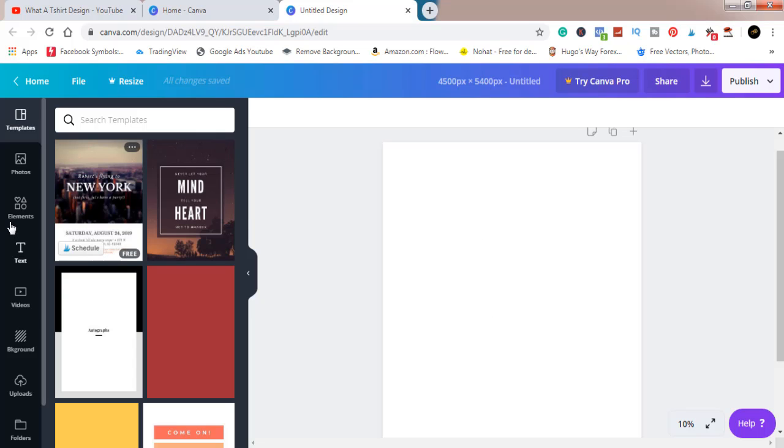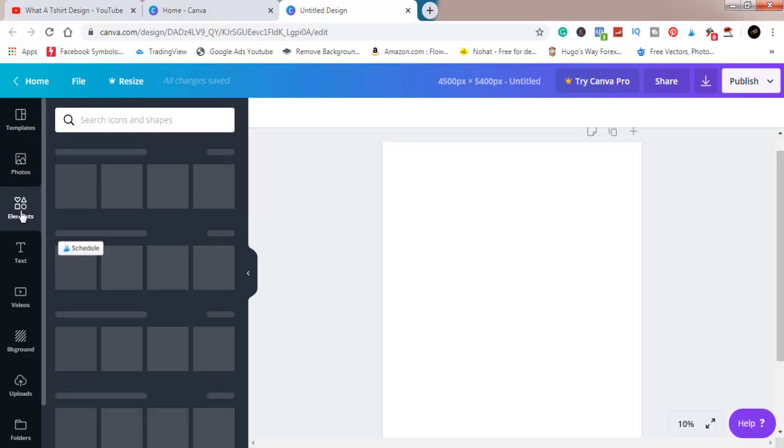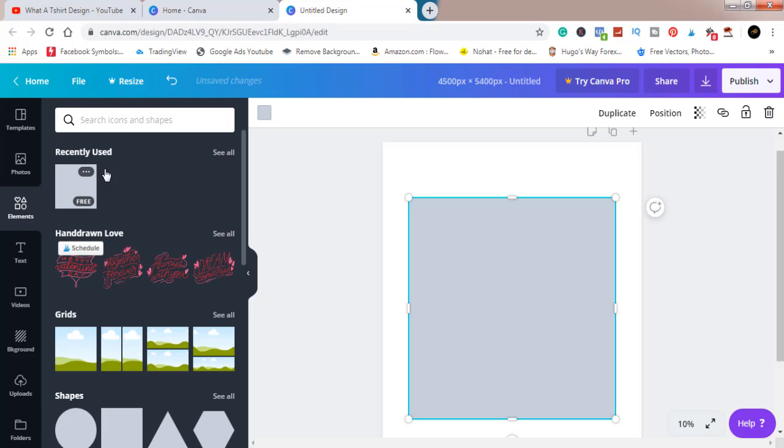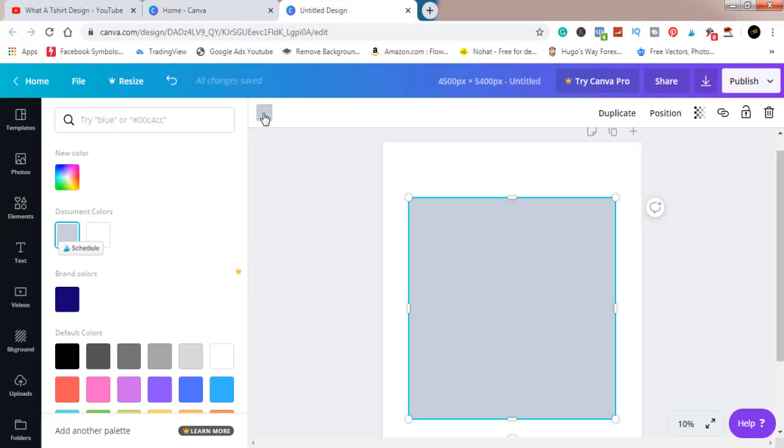What we have to do now is to bring in an element which I'm going to be using in this one. For this one I'm going to be using a box. As you can see, I'm going to be using a box. I will change the color. So to do that, you can see the box is highlighted. If I click out, the box is not highlighted. If I click on it, it becomes highlighted and you notice this appears. So I'll just click on this and I want to make this